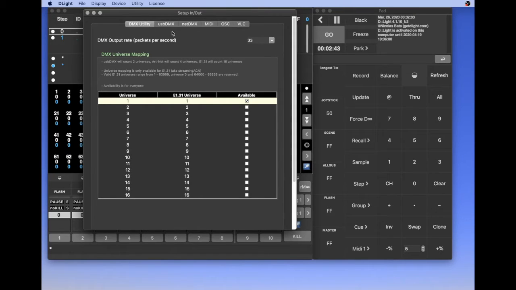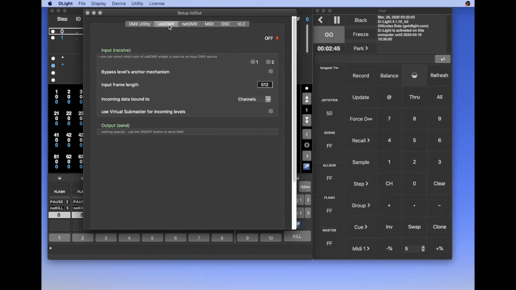Now let's see the USB DMX. If there is no USB DMX interface, you won't be able to set it to on. So let me plug one.